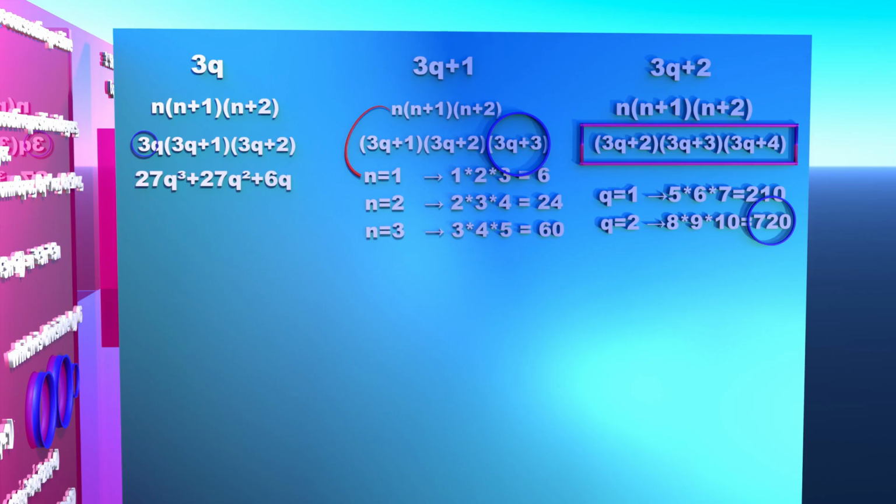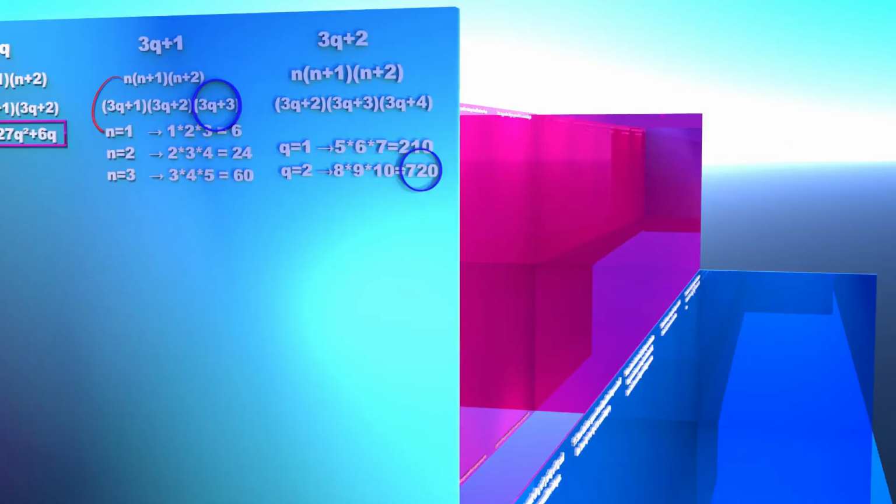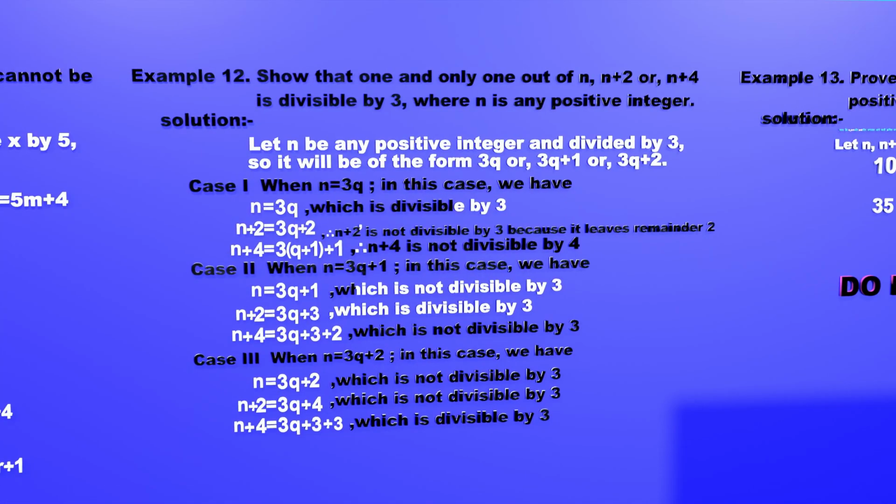That tells us about a mistake which you should never do when solving a question. Always pick up the right divisor, and in this case the right divisor is 6, not 3. See this question. We have already proved it. We have taken divisor 3 and got these 3 forms which contain 3. By these 3 forms we can show each and every integer, and we had already seen that between these 3 numbers only one number is divisible by 3.